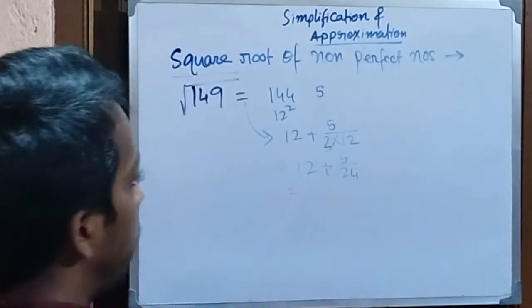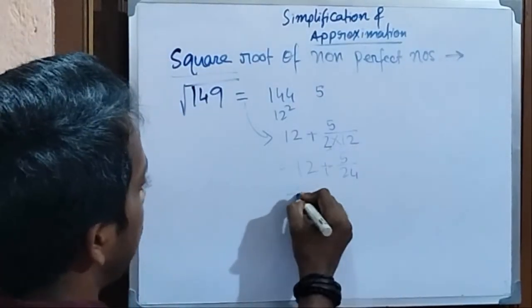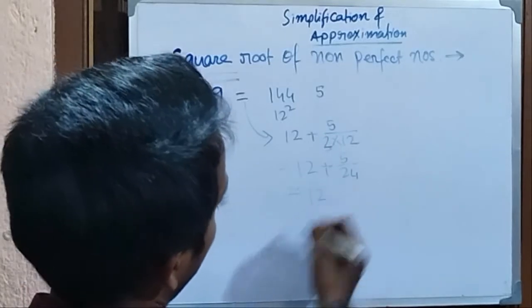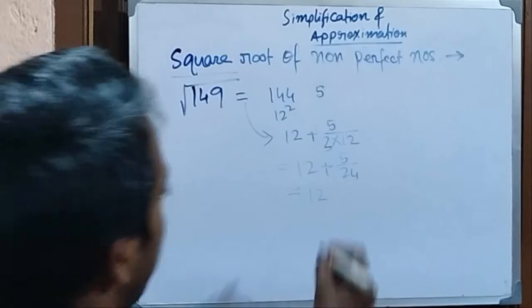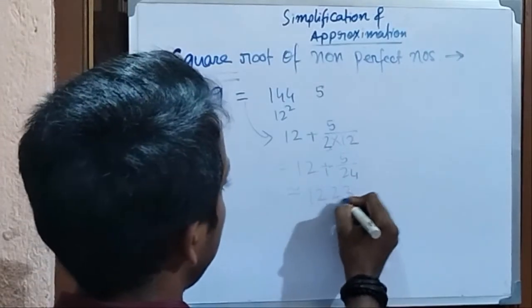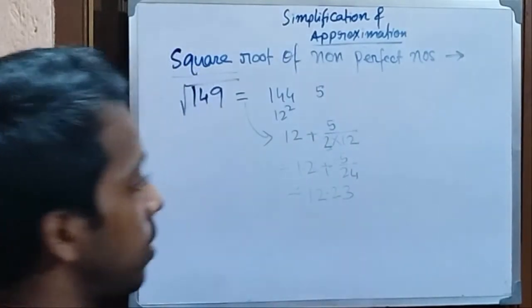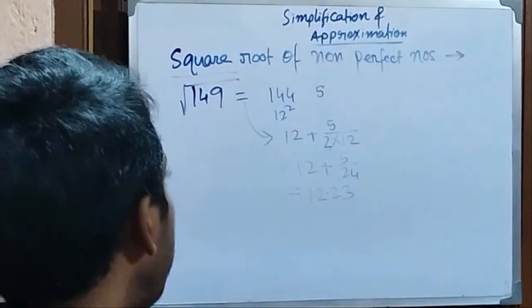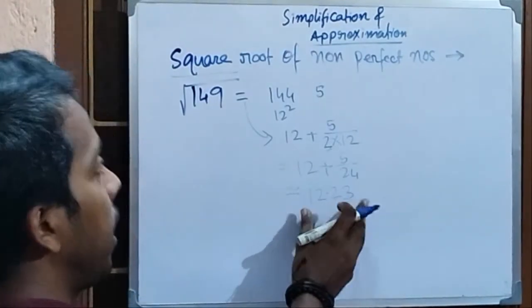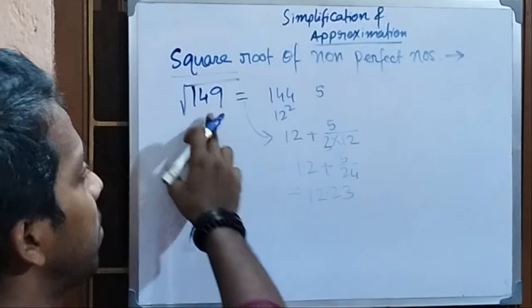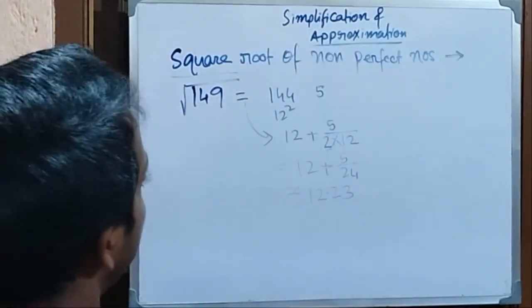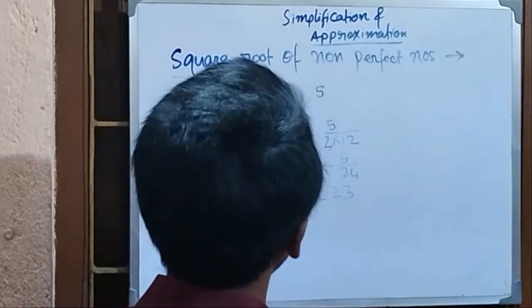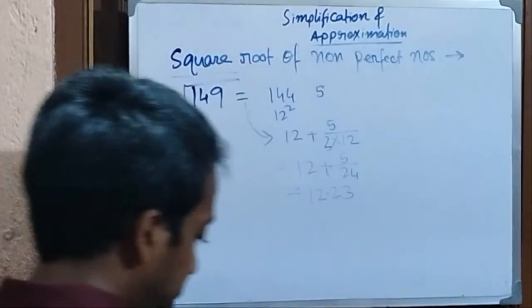So what will it give in an approximate form? I can say 12.2, 12.23, right? This is our answer. Okay, you can check it in the calculator and it will give approximately 12.149. Now moving to another example.